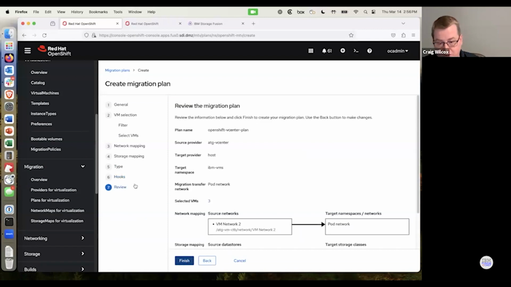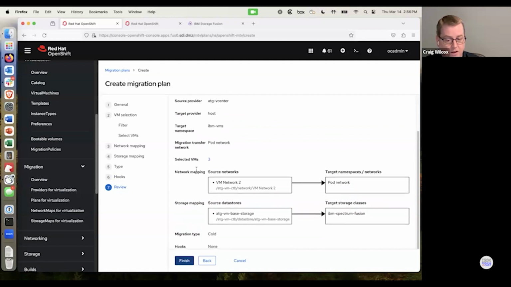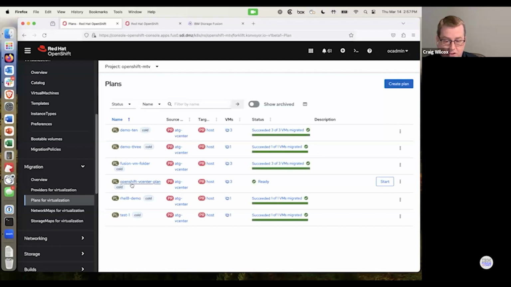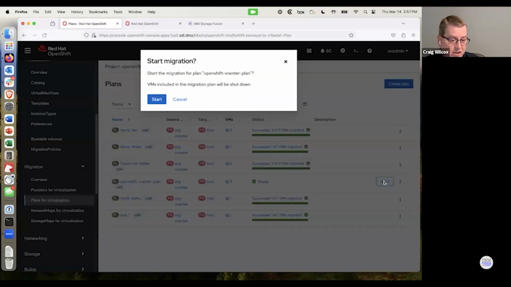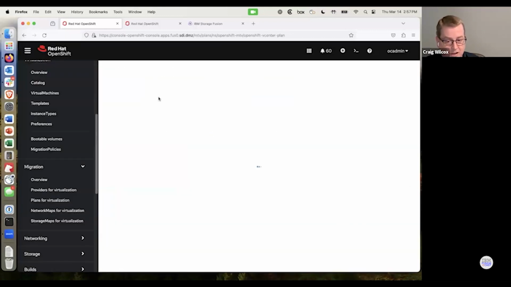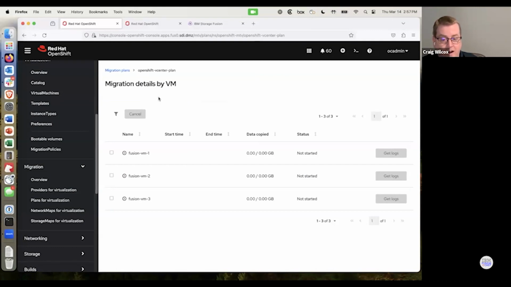Okay. We're not going to do any hooks for this demo today, but then you get a nice summary of what your plan is. When you do finish, this plan that we just created gets immediately added into the list of plans. And then based on change management windows for you and your business, you could schedule this to start or just interactively click on start when you're ready for the migration to kick off. Okay, so now that I hit start and confirmed, it's going to look at all three of these VMs,